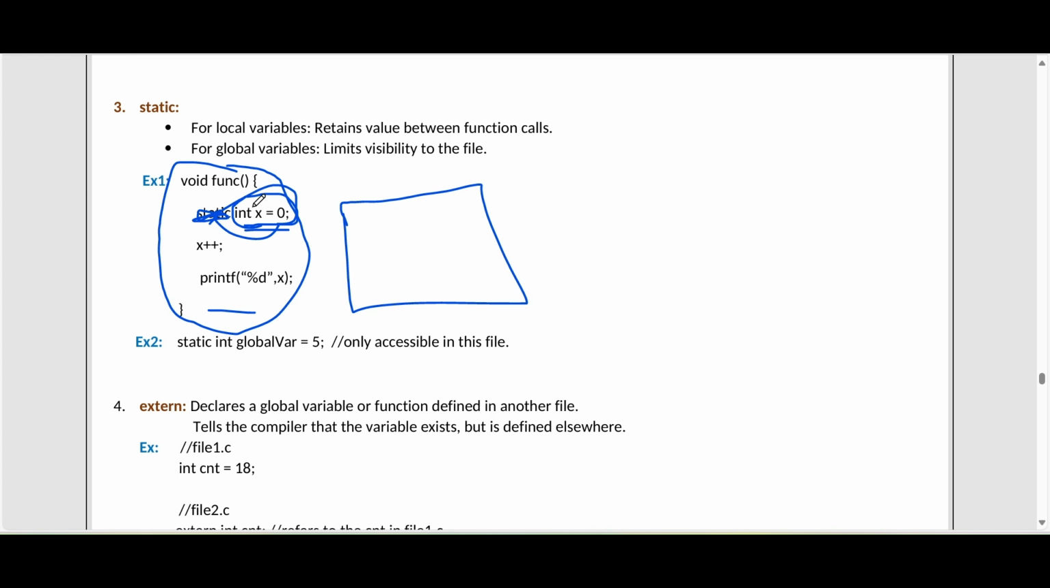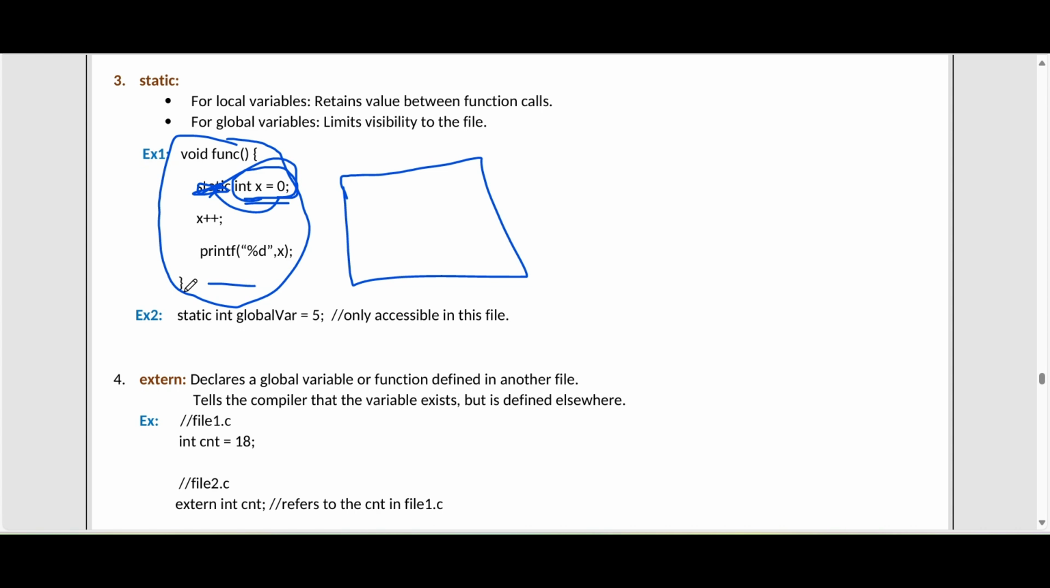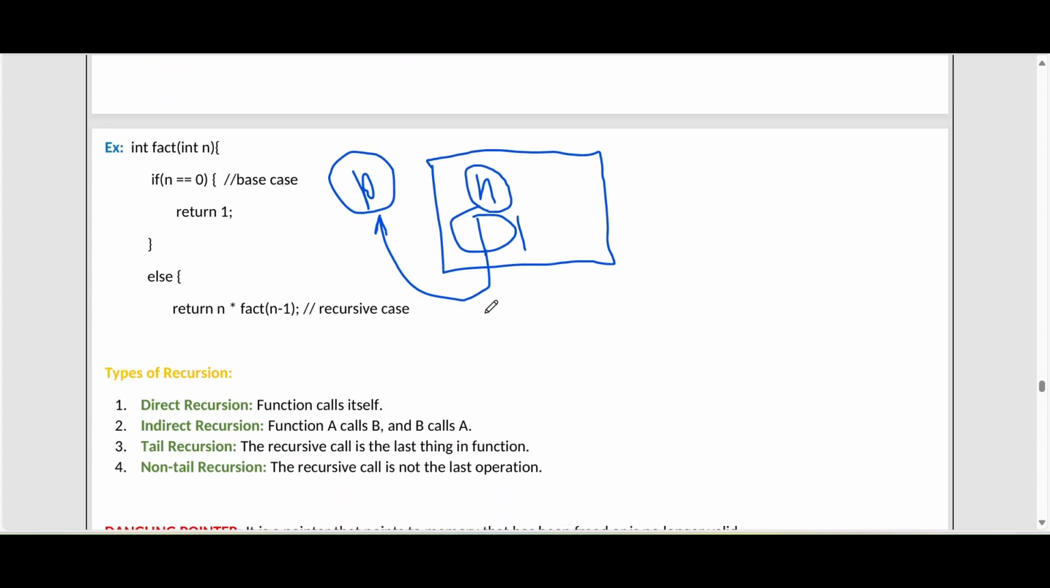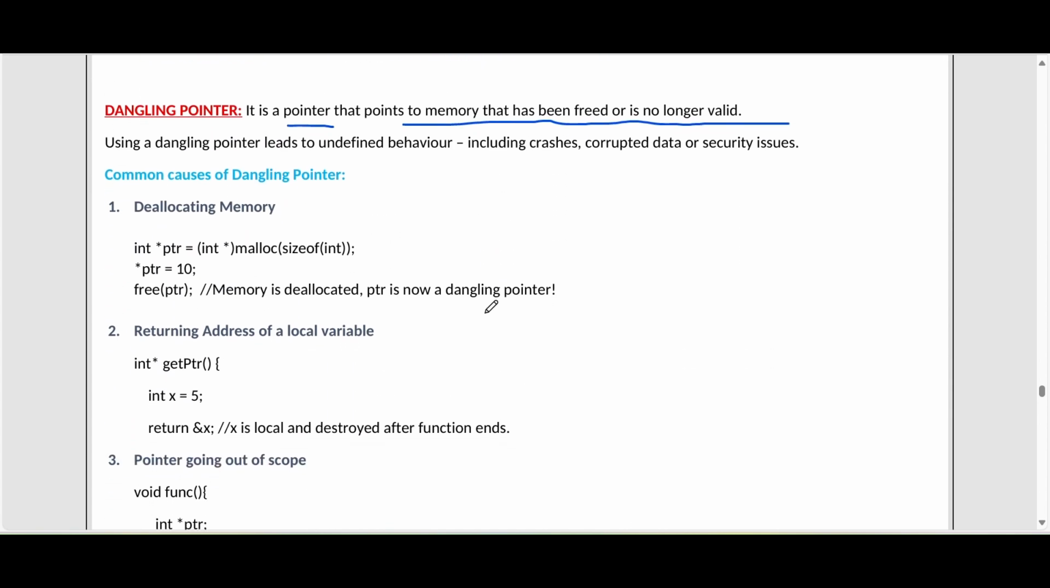So there is no memory related to x, right? So if the pointer which points to this variable is used outside the function, then that cannot be accessed, right? Because that variable no longer exists. So that is known as a dangling pointer, right? It means that is a pointer which points to a variable which is removed or freed, which is not valid